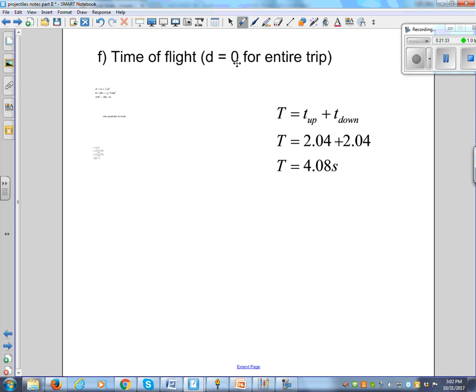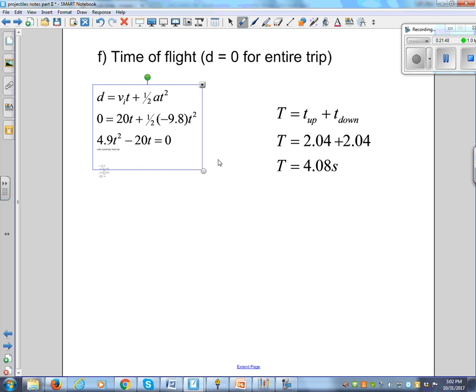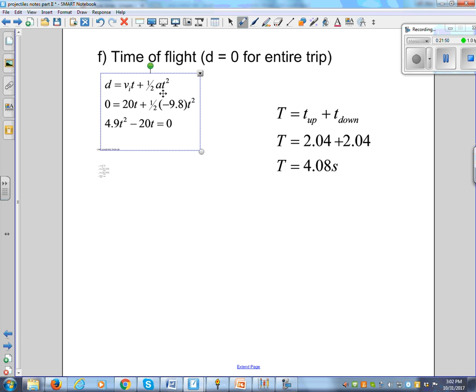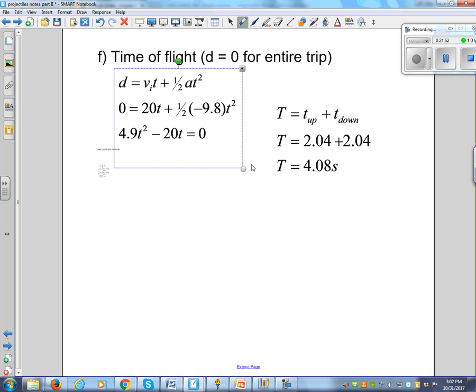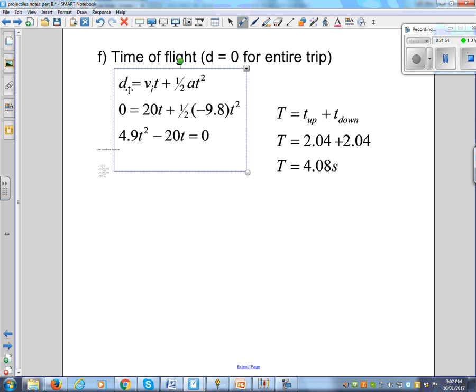Would you say that the vertical displacement was 0 for the entire trip? Yeah, because it would be exactly the same height that it was before, right? Okay, so D would be equal to 0. So you could say the vertical displacement is D. What's the initial vertical component? 20 plus 1/2 minus 9.8 t squared, and you'd end up with 4.9 t squared minus 20t,